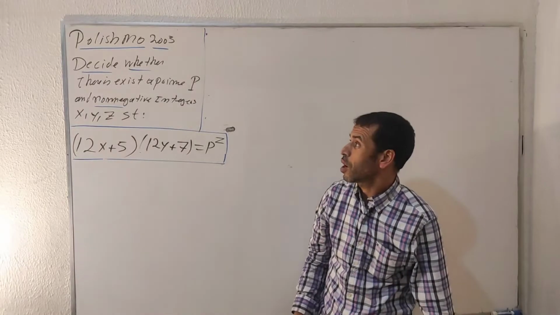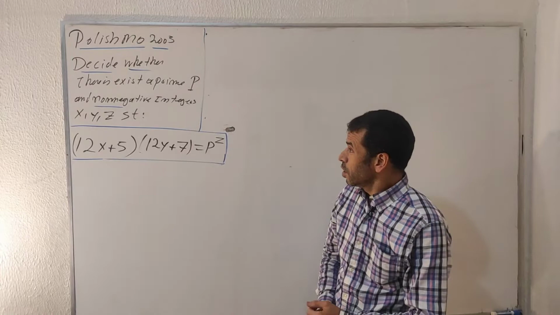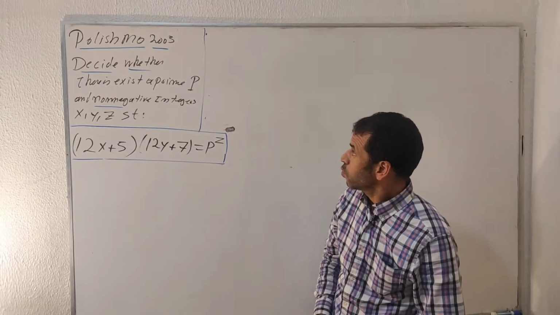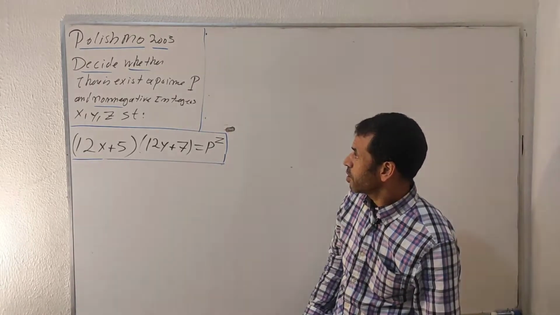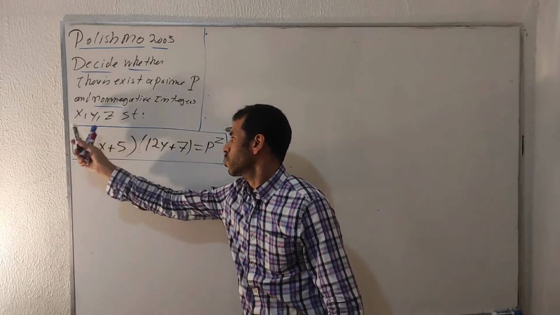Today's video here is a nice problem. It's coming from the Polish Mathematical Olympiad edition 2003. Here is the following question. Decide whether there exists a prime p and non-negative integers x, y, and z such that we have the following